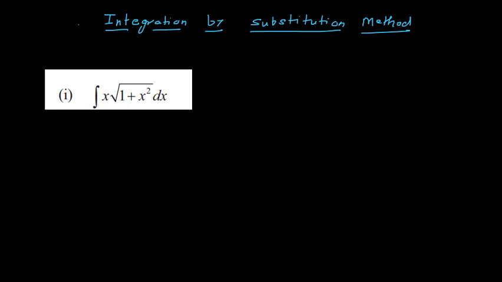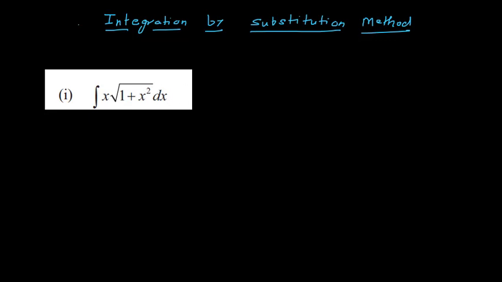Now what do you do? 1 plus x square is not in the a plus b form, and here x and root of 1 plus x square are multiplying together. What I said is that for integration, it should be in the form for which we have formulas. There is no way to convert this whole form into a form with a formula, like separating x power and so on.